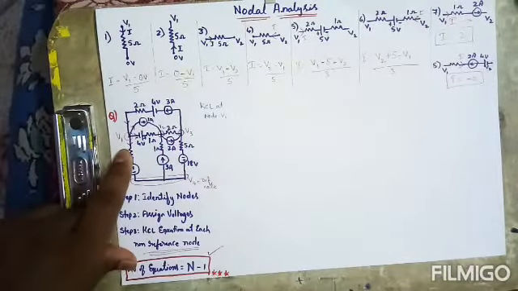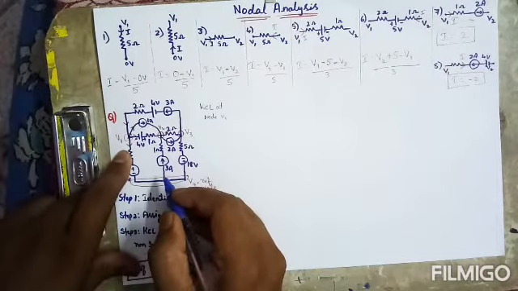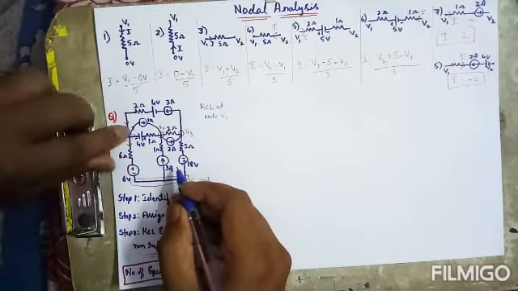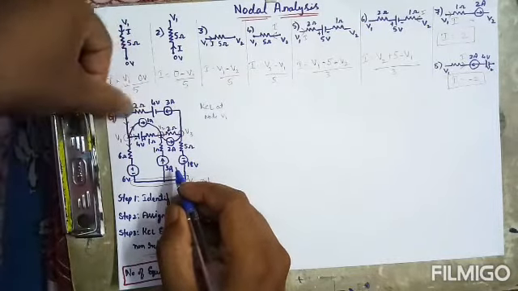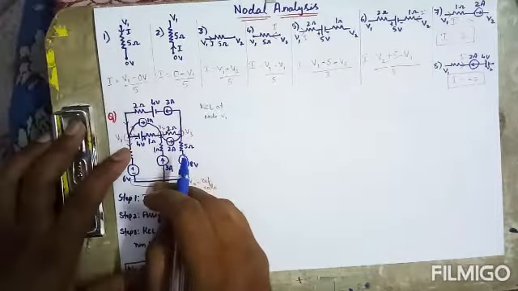And in KCL, we know that according to KCL, all incoming current will be equal to outgoing current. So using that, we shall write an expression now. Here, only the 3 amps is the incoming current; in the remaining 3 branches we have outgoing current. So let's write that expression now.